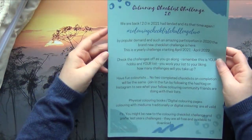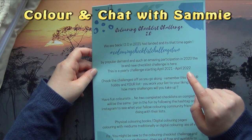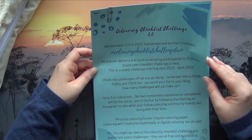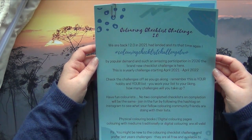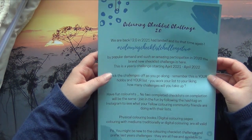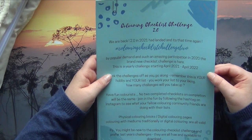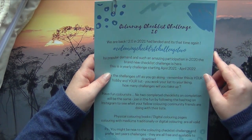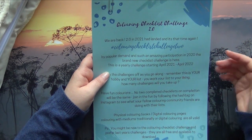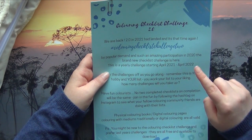And I also printed off the coloring checklist challenge by Color and Chat with Sammie. Oh my gosh, Color and Chat with Sammie has this awesome coloring challenge. It's a year-long challenge. It starts in April and goes until April 2022. I will link her channel. By the way, this whole coloring bag idea also came from Sammie, so I will just link the latest video